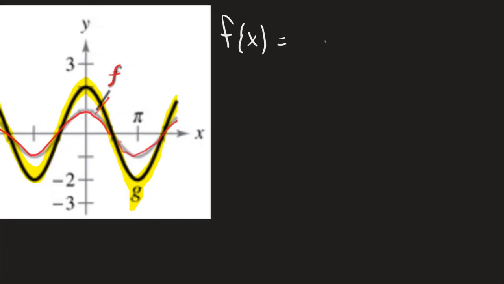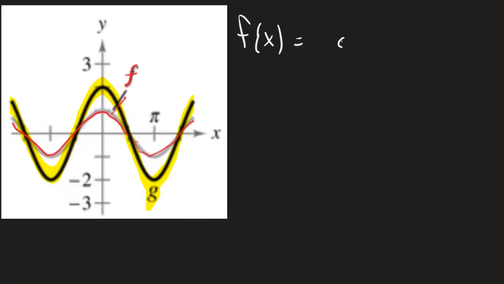Okay, so if we think about the way a trig function is set up, both of these look a little bit more like cosine graphs to me, although they could be sine graphs. So we often have a number out front, a number next to x. Sometimes we add or subtract to x, and then sometimes we have a number out front being added or subtracted, or at the end added or subtracted. So this would